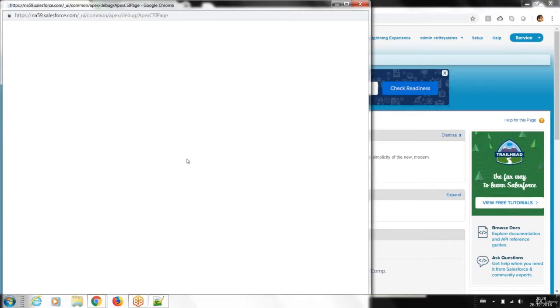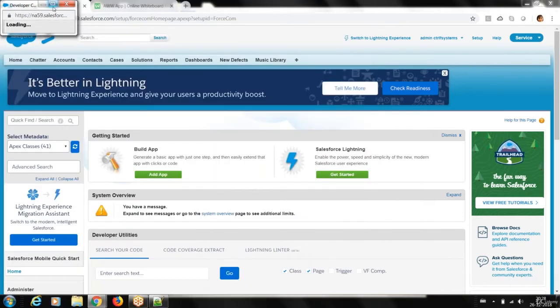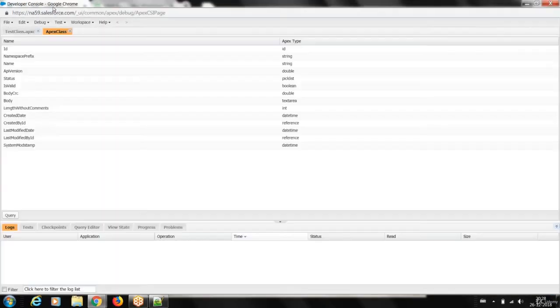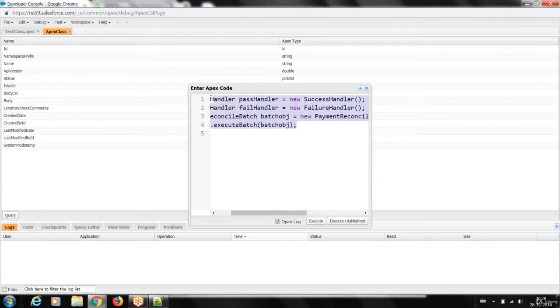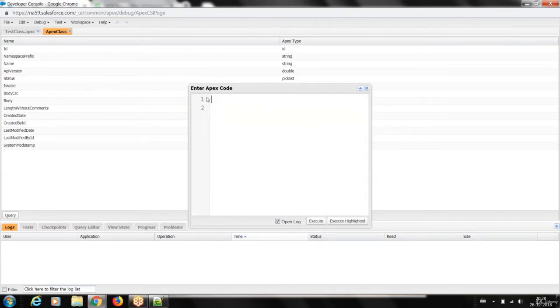I can write any piece of code and I'm not going to save it anywhere in the server. If you remember the first session, whenever I write something and click on save, that piece of code goes to my metadata server. But right now, the code I'm going to write here, I'm not going to save it. So without giving any name, with this anonymous code, I can execute something.